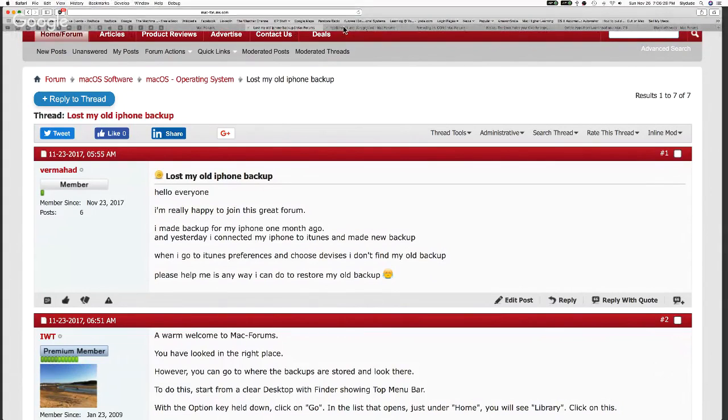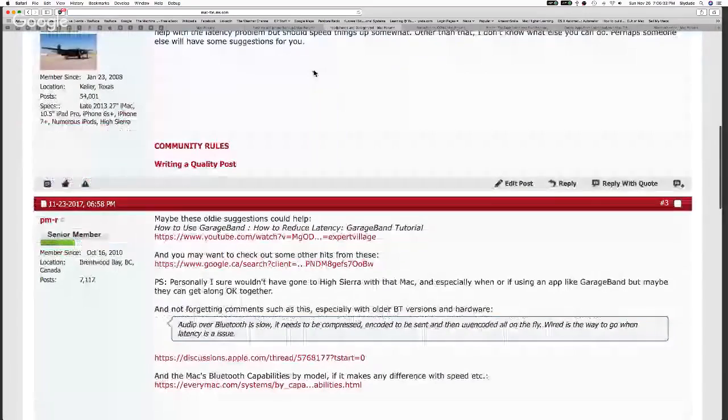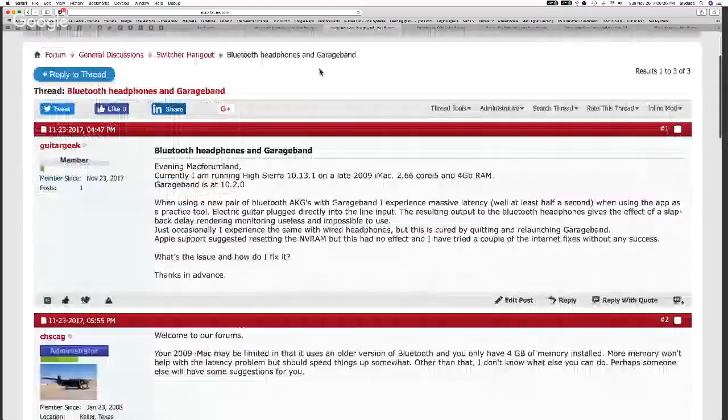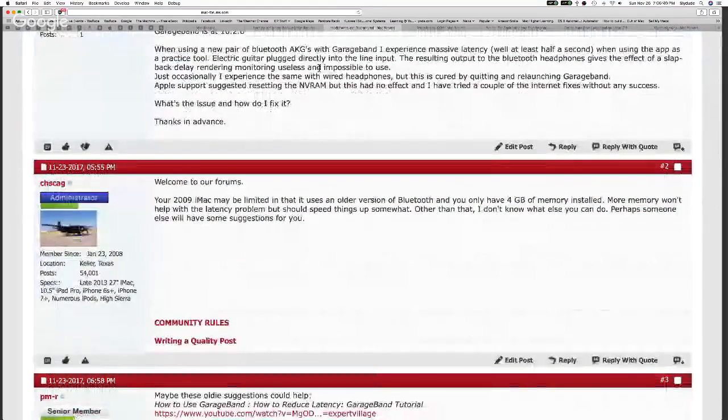All right, now the next thing I want to talk about, another idea that came about in the forum. A guy whose forum name is Guitar Geek, which is appropriate, is asking a question. He's concerned about using GarageBand to monitor playback while he's practicing on guitar.